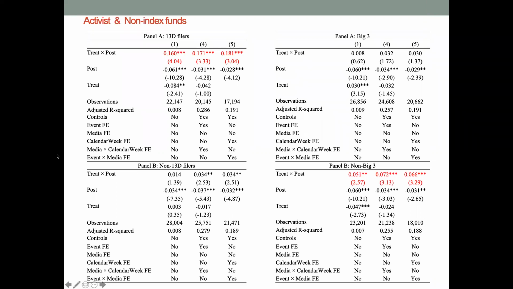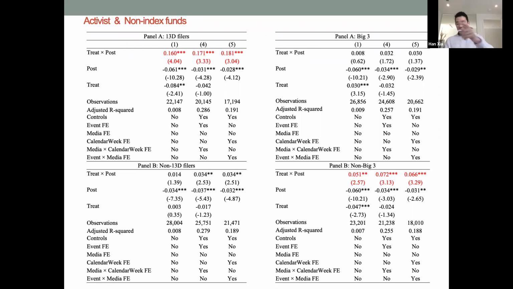Han, Vikas has a follow-up for you as well. Yes, Vikas. What I was thinking was about the activist guys. They probably are trying to make some changes in the management. Is it clear that they want the stock price to bounce back, or they want to let it continue going down so that they can get their demands by saying, hey, you have to fix this problem?